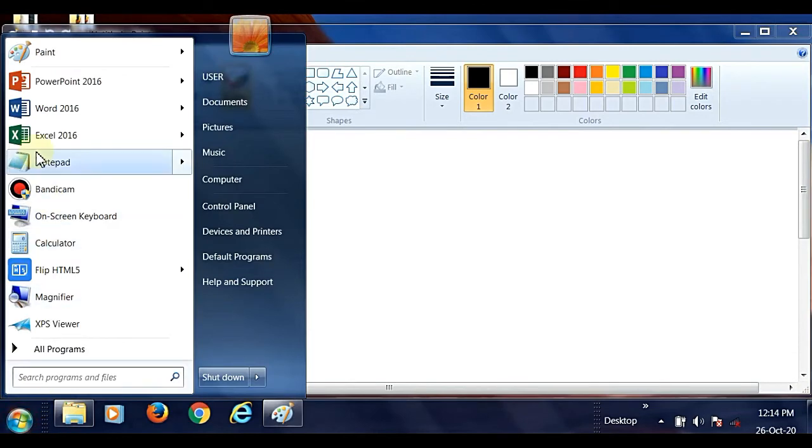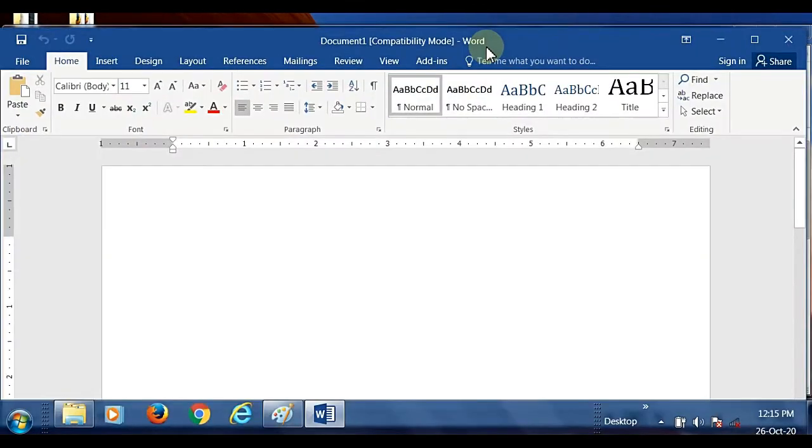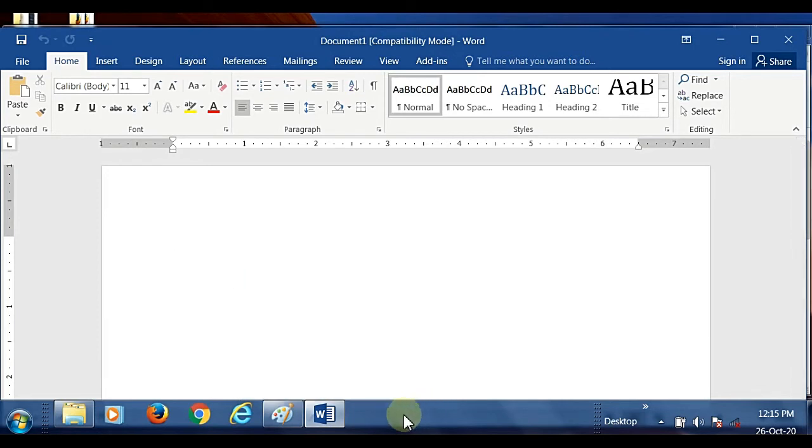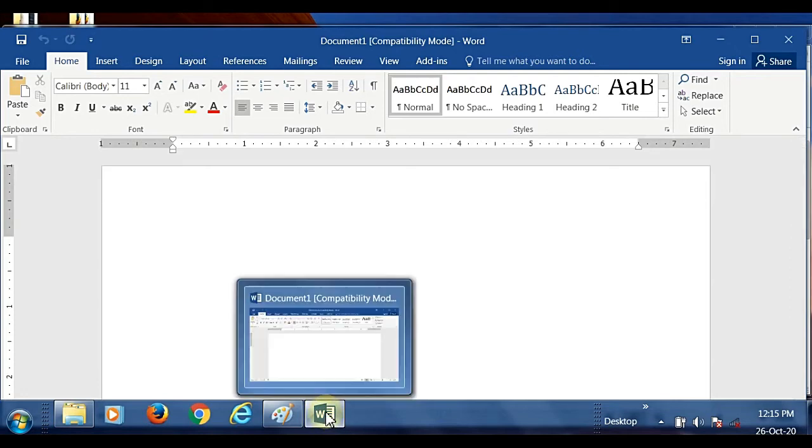Suppose if I would like to work on MS Word, this one, the icon is also visible here. Okay, so this taskbar indicates the icons of the running programs. That means what are all the tasks that we are currently working on in this computer. When I close this, you can see that this also gets cleared. In the taskbar, you can observe that the icon also gets closed.